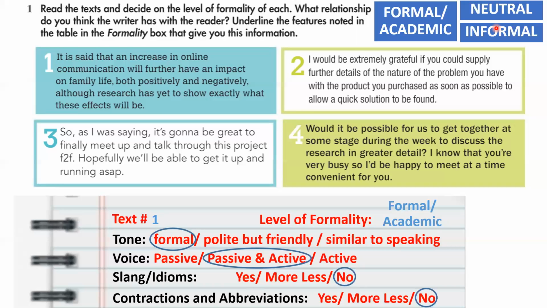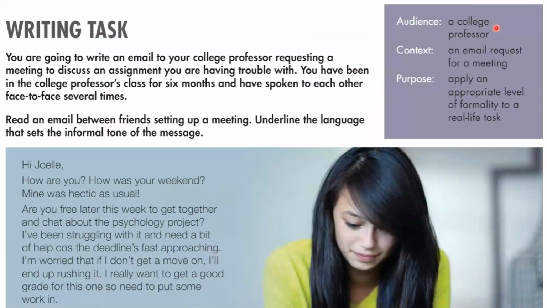All right, if you're finished, now let's continue with the writing tasks. Here it says, you are going to write an email to your college professor requesting a meeting to discuss an assignment you are having trouble with. You have been in the college professor's class for 6 months and have spoken to each other face to face several times. So we know that the relationship with the college professor is a good relationship. You have been in the class for 6 months, you have already spoken with him several times,